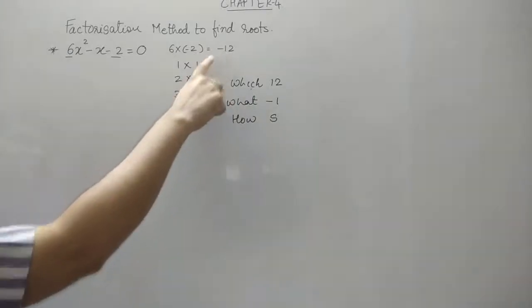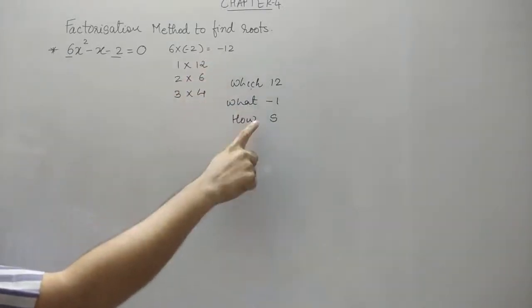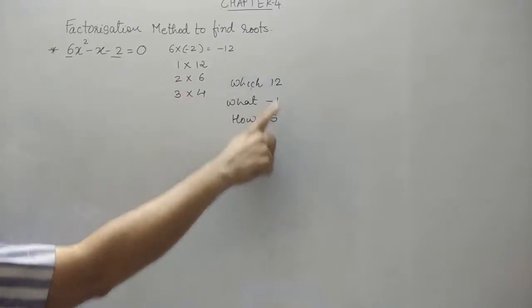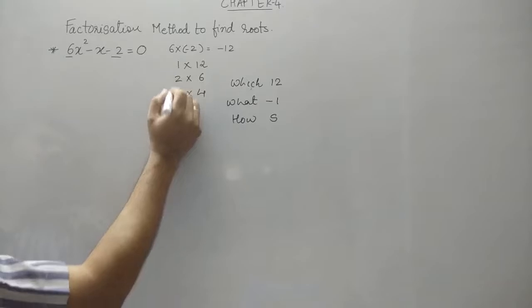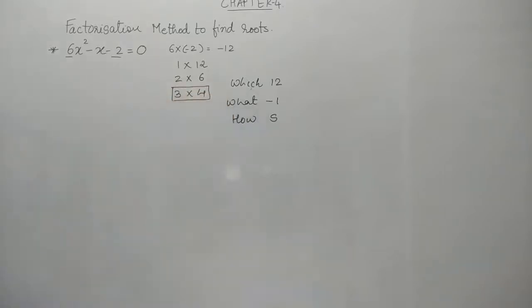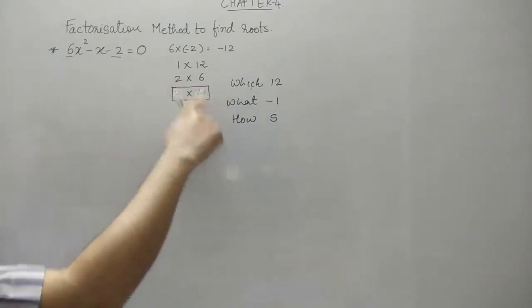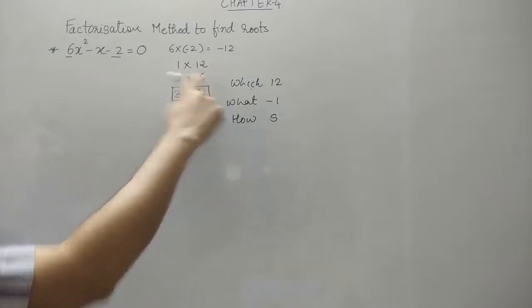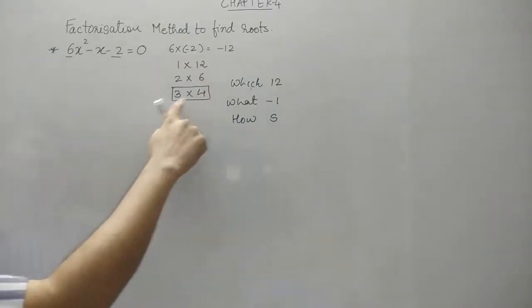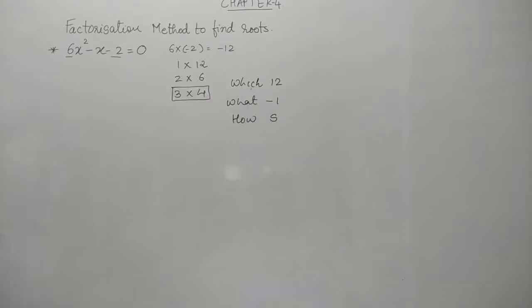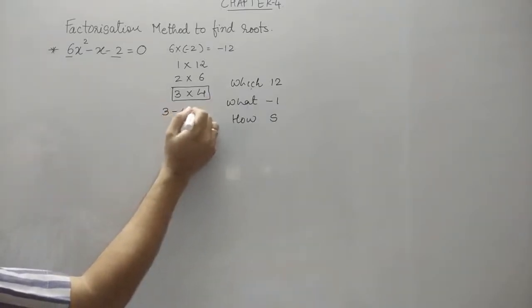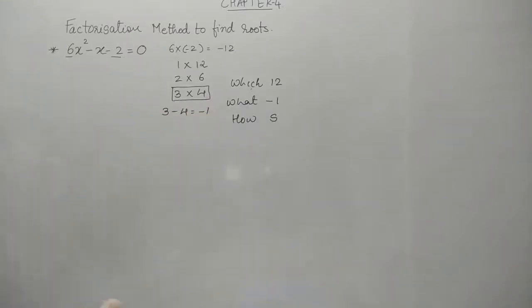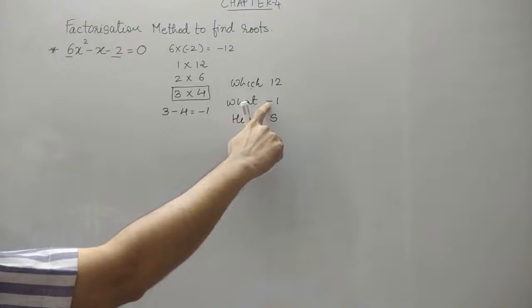So the factors of 12 we have written. We have to get the middle term minus 1 by subtraction. You can see the subtraction of these two is possible to obtain minus 1. These are our factors, because this subtraction gives 11 and this one gives 1, with 3 and 4. So only this subtraction will obtain minus 1. To obtain minus 1, we have to subtract 4 from 3. If I do 4 minus 3, I'll get plus 1. So remember, the sign is very important.